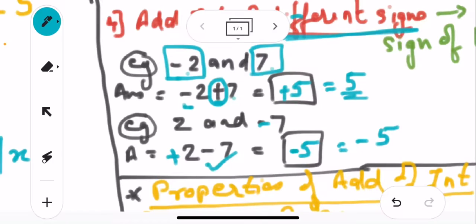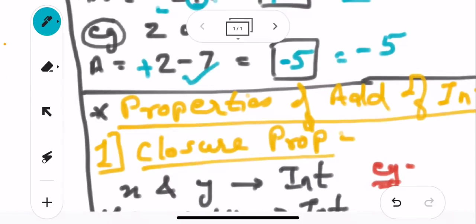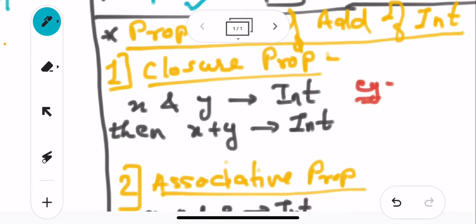Now let us see the properties of addition of integers. Here the first property is the closure property. Suppose x and y are two integers, then x plus y is also an integer. For example, if I see